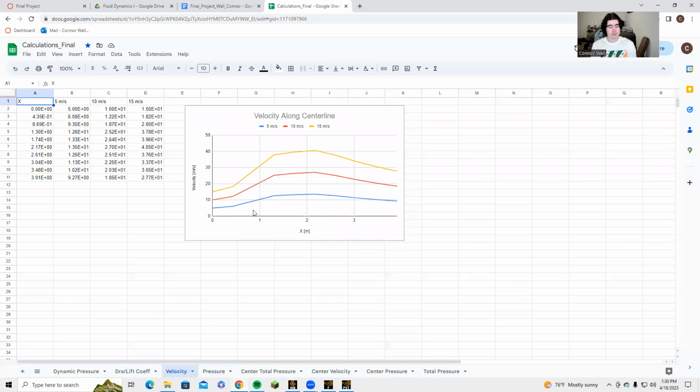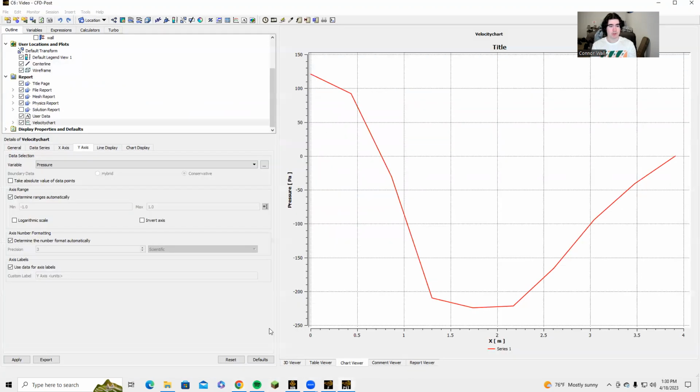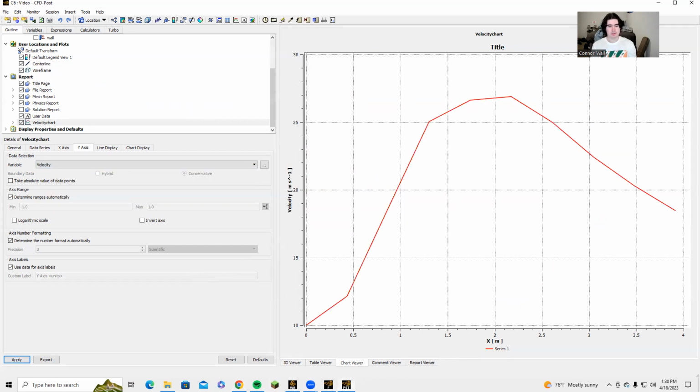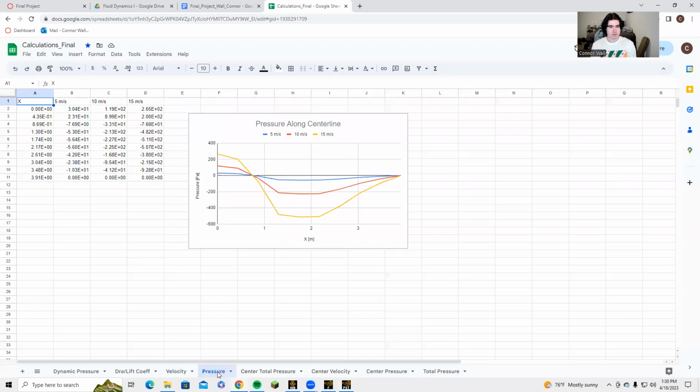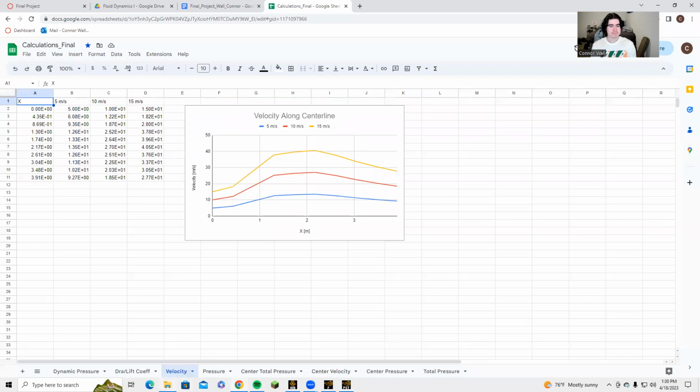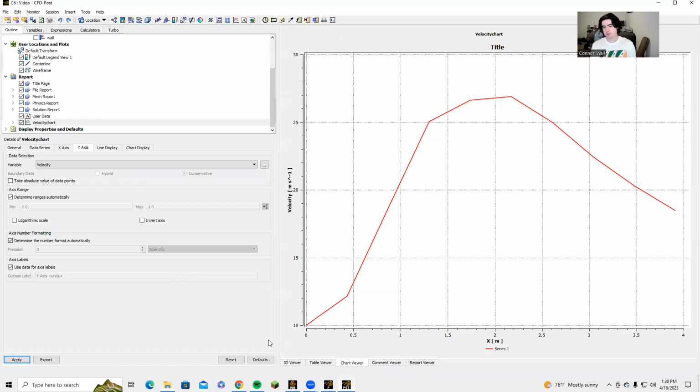Do the same for velocity as well. To define velocity, you just change the y-axis to velocity. Apply. And they should be fairly inverse of each other, which makes sense, as you can see here, in terms of the shape of the graph. And so once you get those, you can go ahead and head back into Fluent,